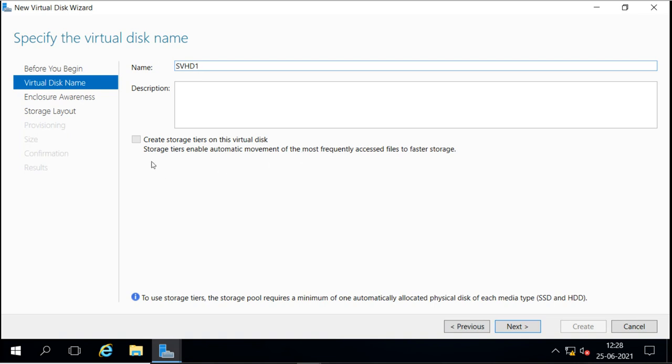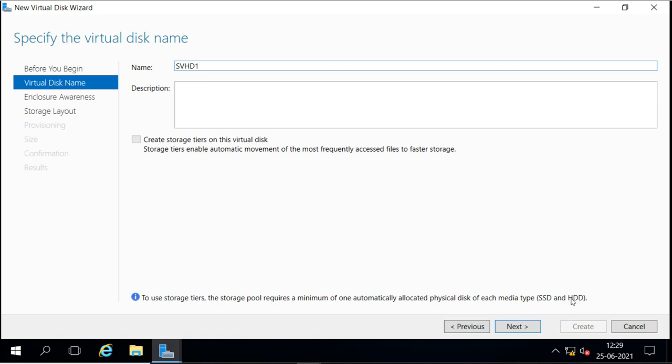Now this option is not available because it says that to use storage tiers, the storage pool requires a minimum of one automatically allocated physical disk of each media type, that is SSD and HDD. That means normal SATA or the new technology SSD. Of these two technologies, SSD is the fastest.